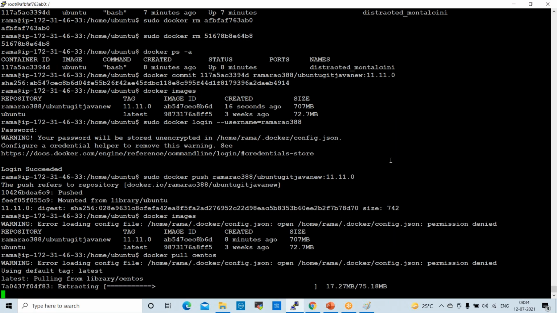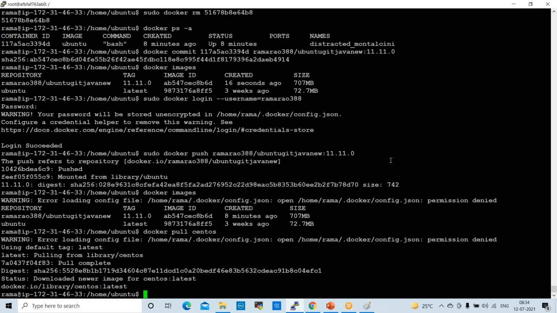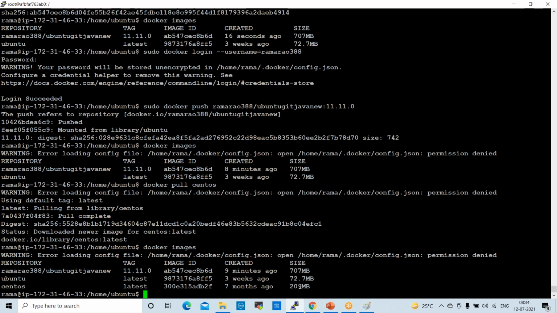CentOS is pulling now. Yeah, we have pulled CentOS into our local. Docker images: CentOS is available, and the image size is only 209 MB.